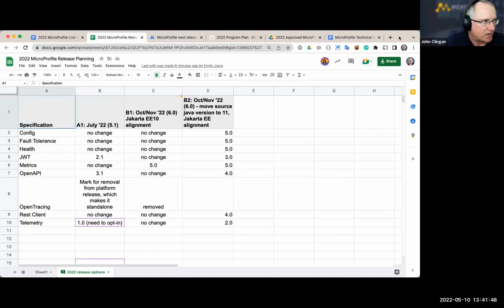So here's a question: if we were to do a 5.1, who would implement it besides Open Liberty? I don't know if anyone from Oracle or Tomitribe on the call has thoughts on whether they would be interested in doing a 5.1, or would they basically wait for a 6.0? The silence is deafening. Yeah, I've spoken on that a few times. I was just wondering if anyone from Oracle wanted to go first, but